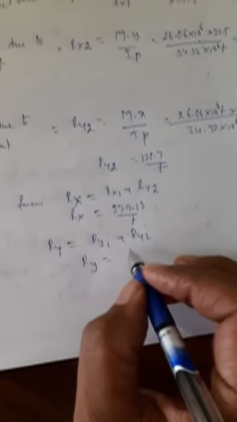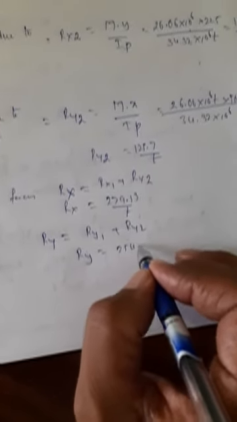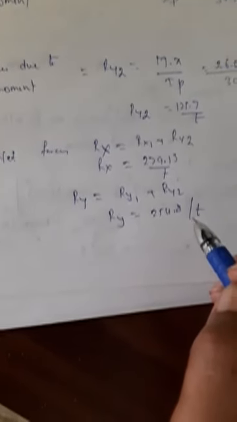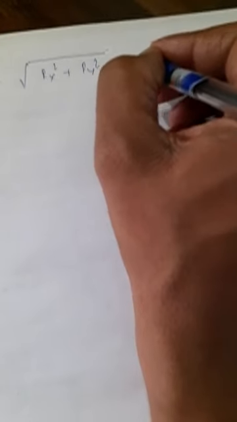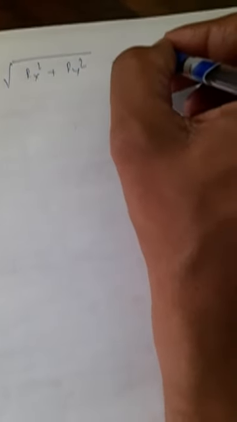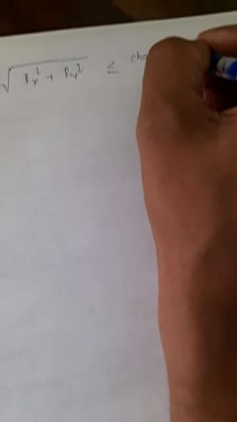So Ry is equal to 254.8 divided by T. Now resultant R. Resultant R is given by under root Rx square plus Ry square, and this should be less than or equal to characteristic